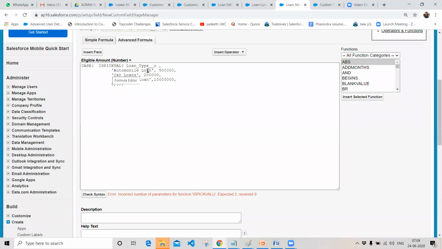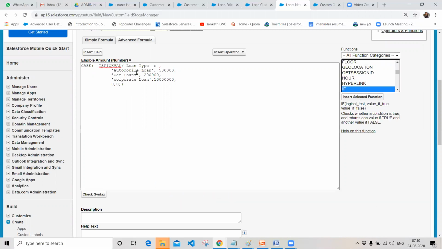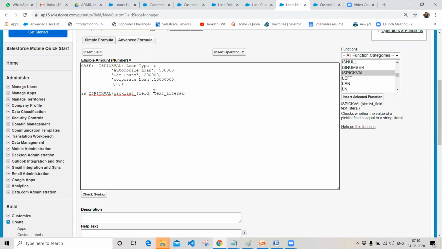The pick list value is something like this actually. So is pick value: this is the field and this is the text literal that I was expecting.